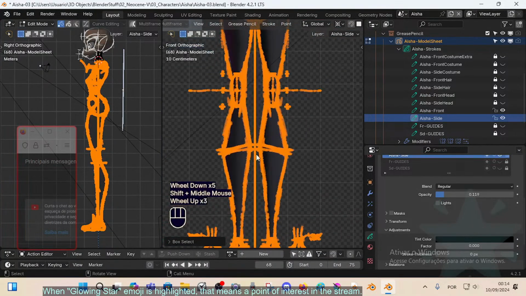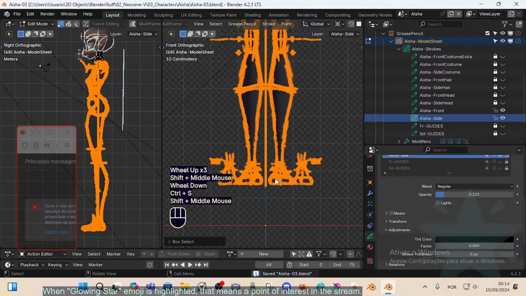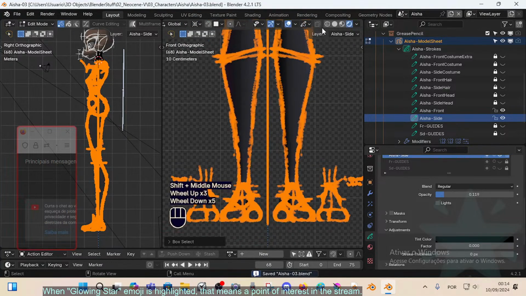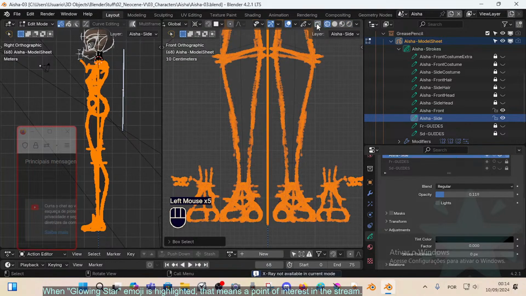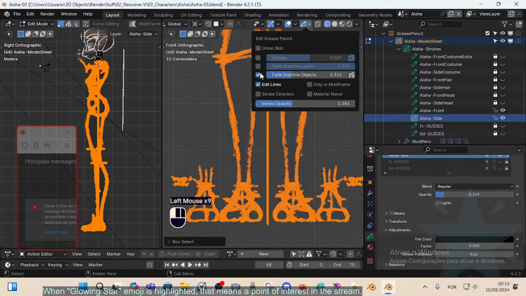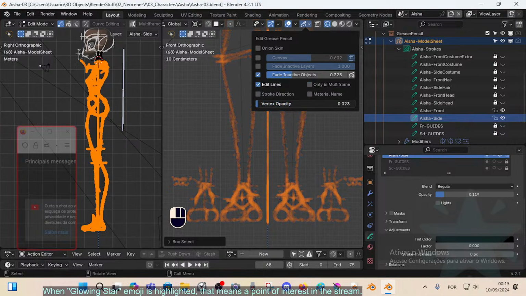So I'm going to... I really don't understand what any of those things here do. They don't seem to do anything. Okay, so maybe this can